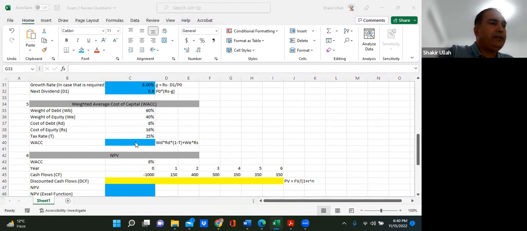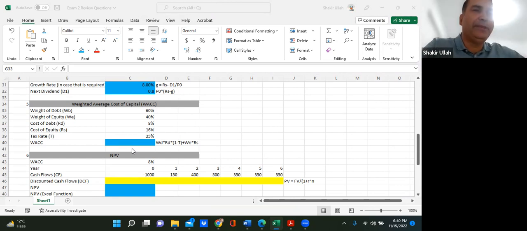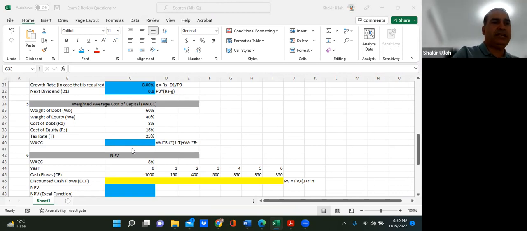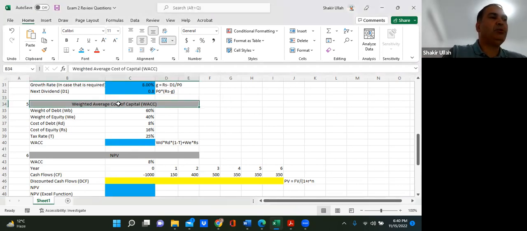Okay. And I will not send the Excel file because I just want you to watch the recording if you are confused. And do it yourself. If you cannot do it, get back to me before you attempt your exam, so that you understand it, because during the exam we will be using lockdown browsers, so you will not have access to any other materials. That will be it. All right, now the next kind of problem that you can expect is the weighted average